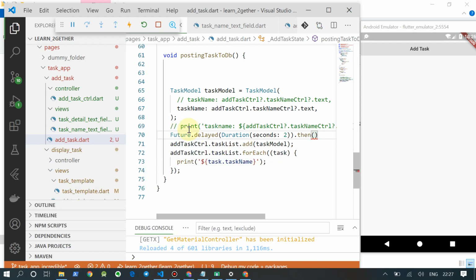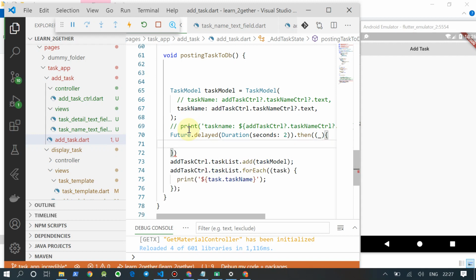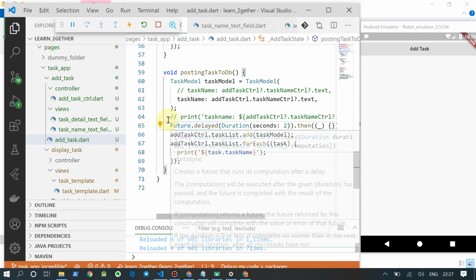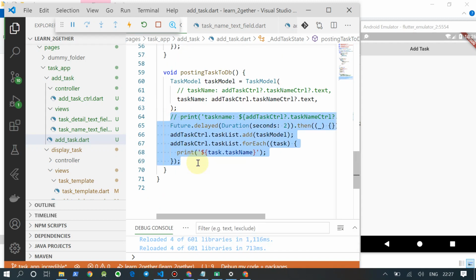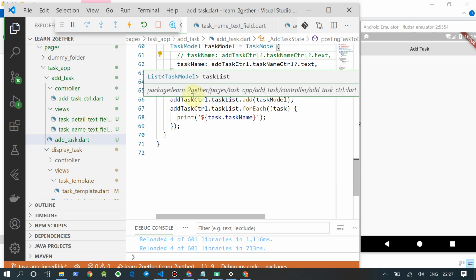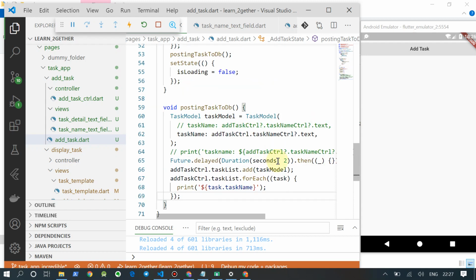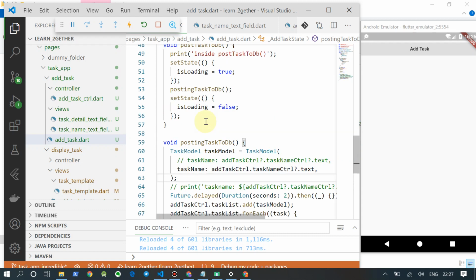Okay, no, not dot then, and in here whatever code we have written, yeah, fine. So add task controller, print task, fine. So all task is there. After 2 seconds it will, let's see if it is working fine.